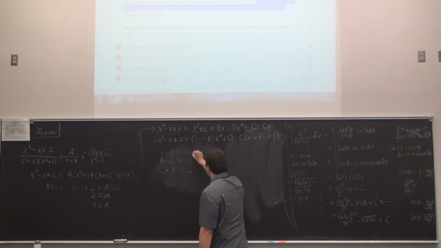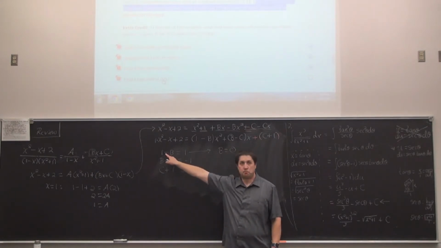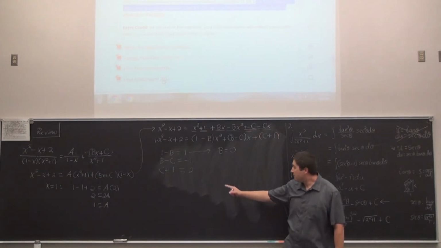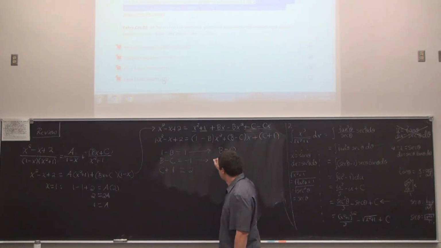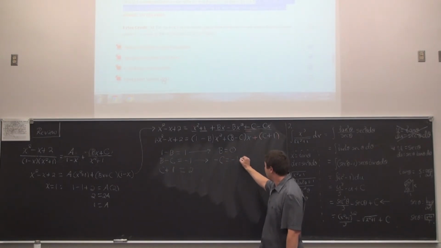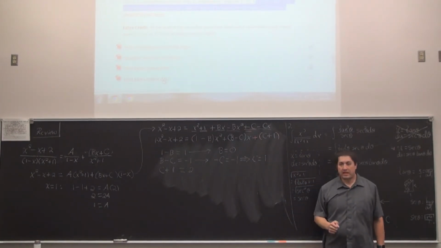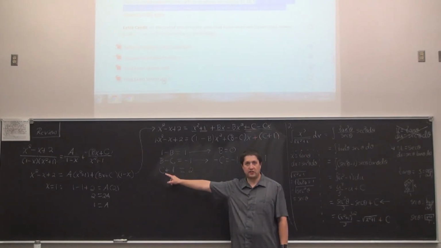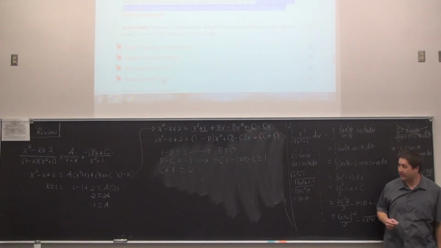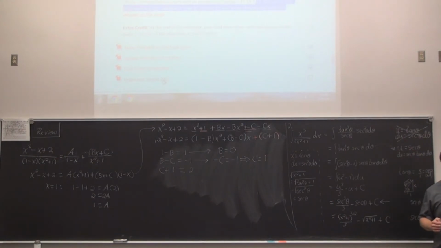From this equation right here, we can say that b has to now be 0. Since if we subtract 1, negative b is 0, forcing b itself to be 0. If b is 0, this equation turns into 0 minus c equals negative 1. So negative c equals negative 1. That implies that c is positive 1. Then we just double check on this equation. If c is positive 1, that would be a true statement. So it is consistent, but there is nothing to really do with that final equation. So now we have an a, a b, and a c, and we're ready to finish off the problem.